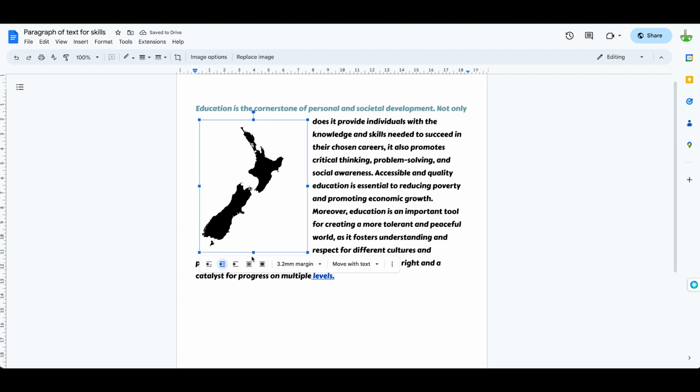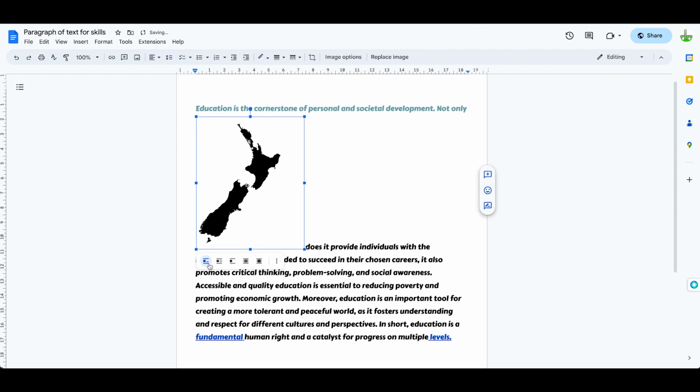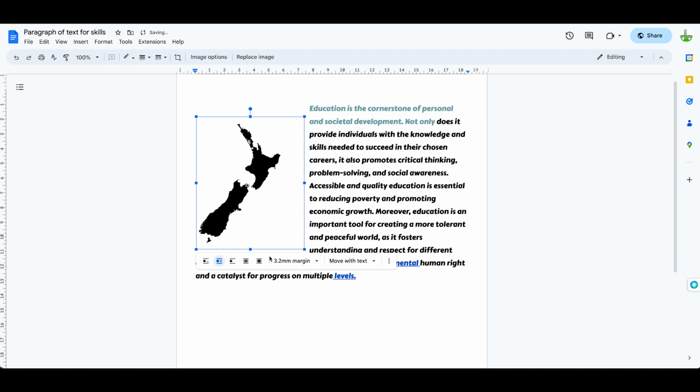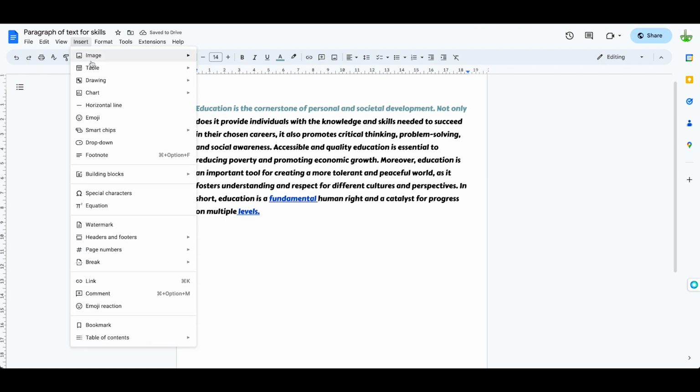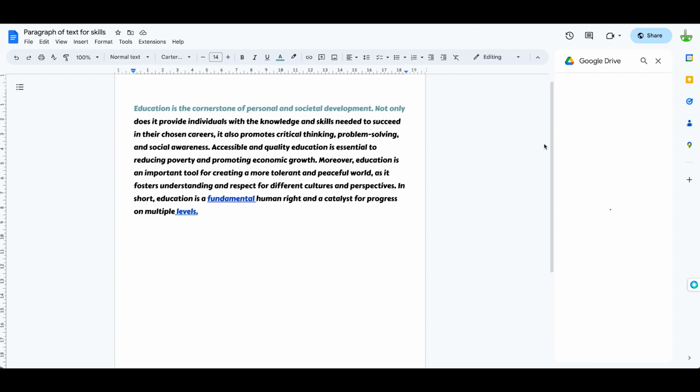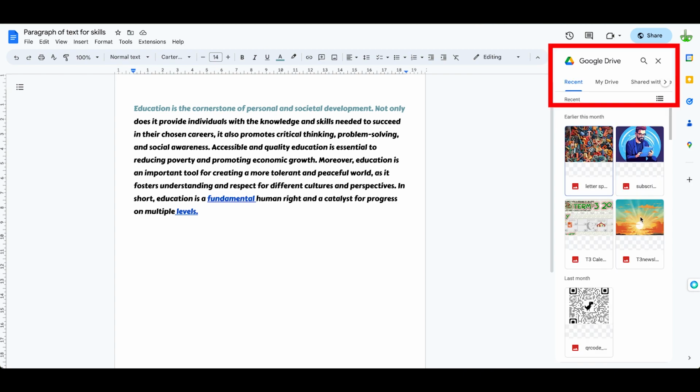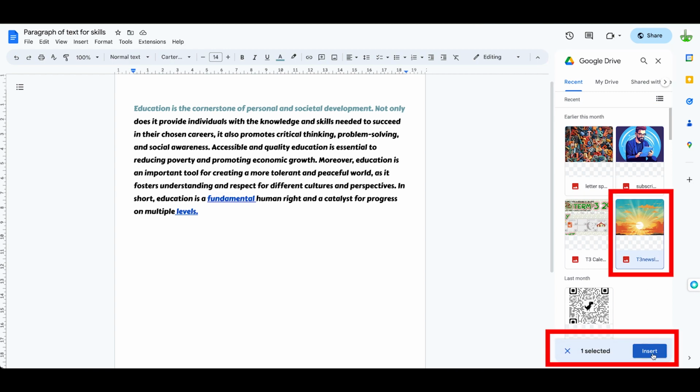So the menu underneath here allows you to organize how it's going to work in the document that you're working in. We can go Insert again, Image, up the web. We can go from Drive. It'll allow you to search your drive for any images. I'm going to insert this picture, insert,